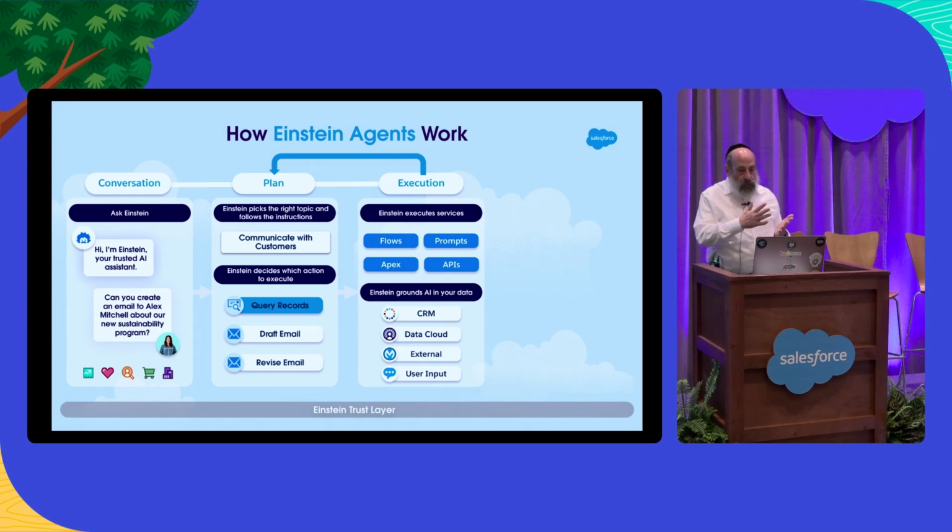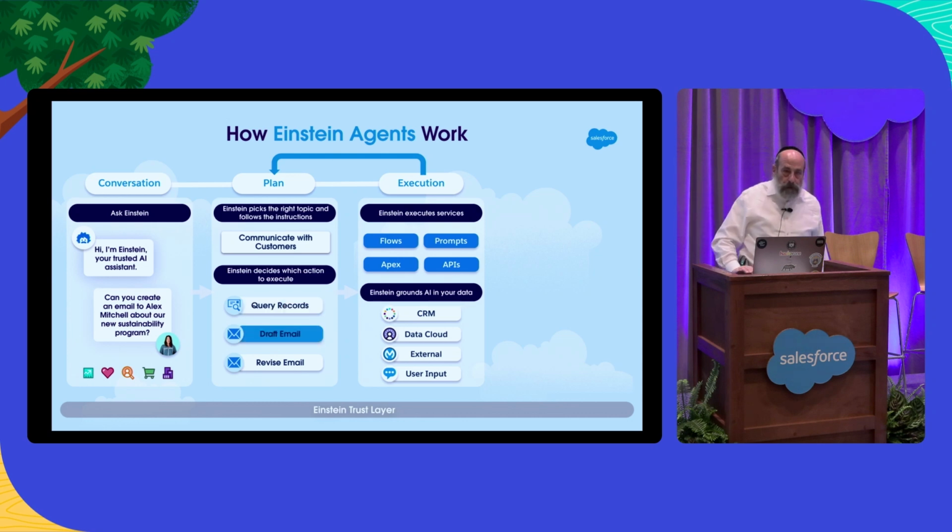So for example, in this creating an email to Alex, the first step we take is querying records. So I go out to the execution engine, and now I perform that query. When I do that, now I get a set of records back. One of two things may happen. Maybe there's no Alex. If there's no Alex, then I would want to go back to the conversation and say, sorry, no, there is no Alex here. On the other hand, we find that an Alex exists.